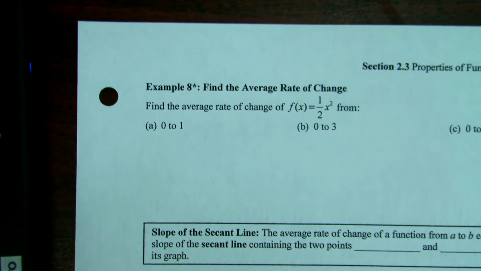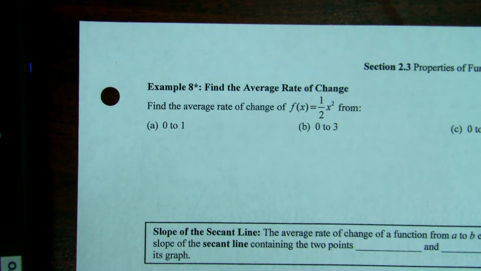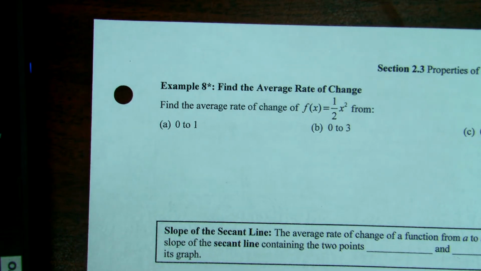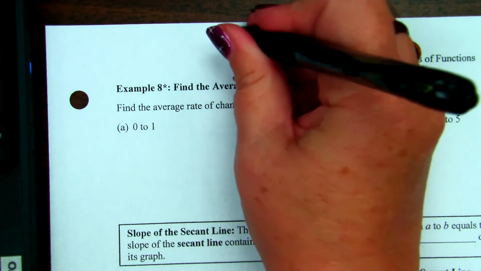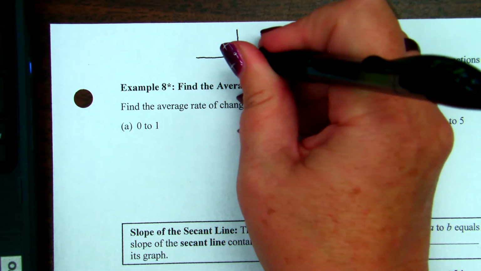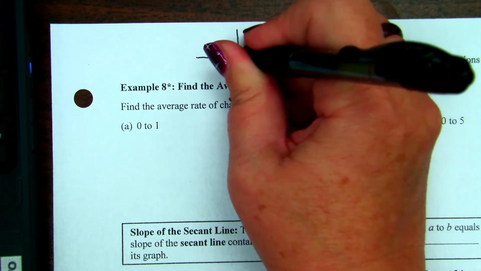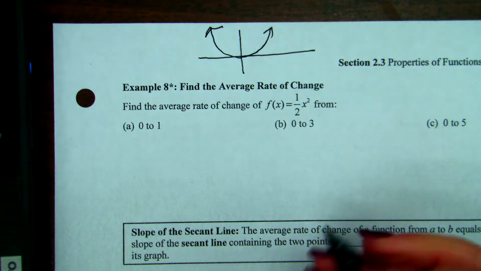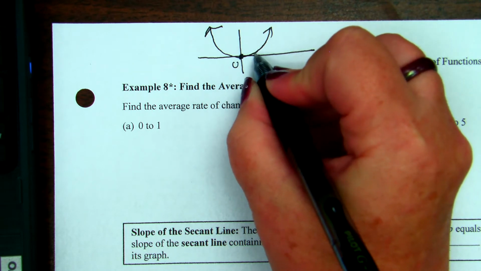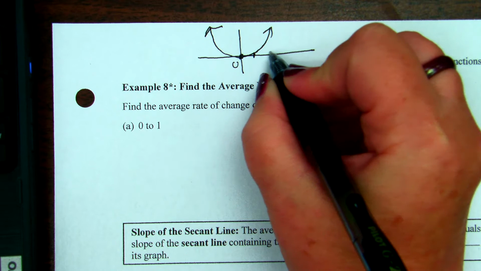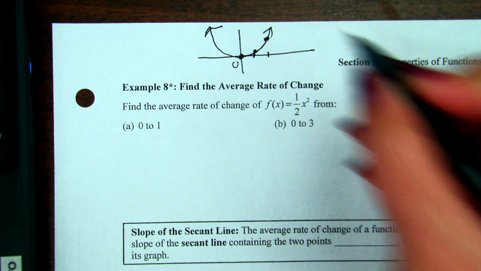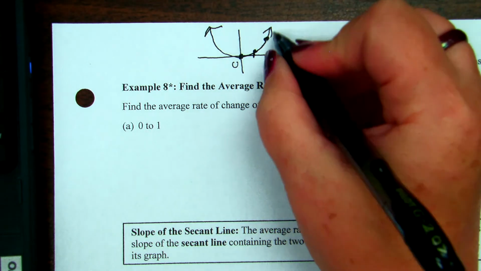The average rate of change of 1/2 x squared. So if we were going to graph 1/2 x squared, it would be a parabola that's kind of flat. And if this is 0, and this is 1, and this is 2, and this is 3 up here,